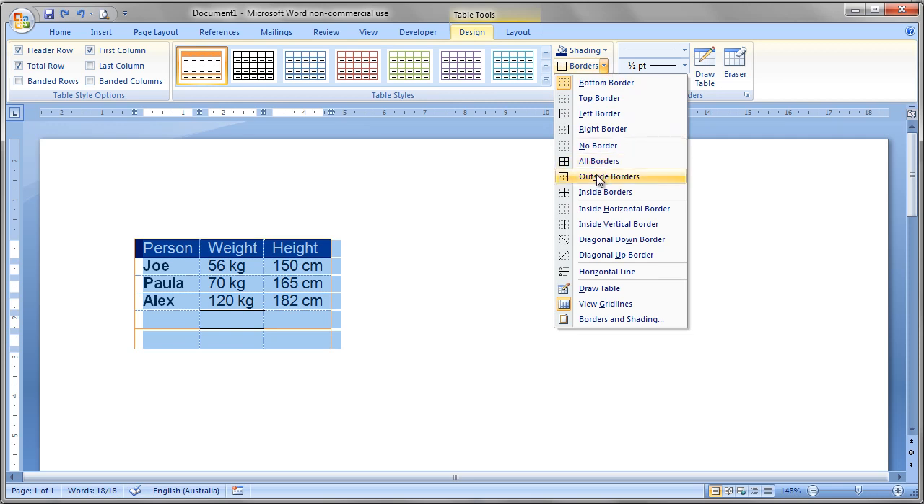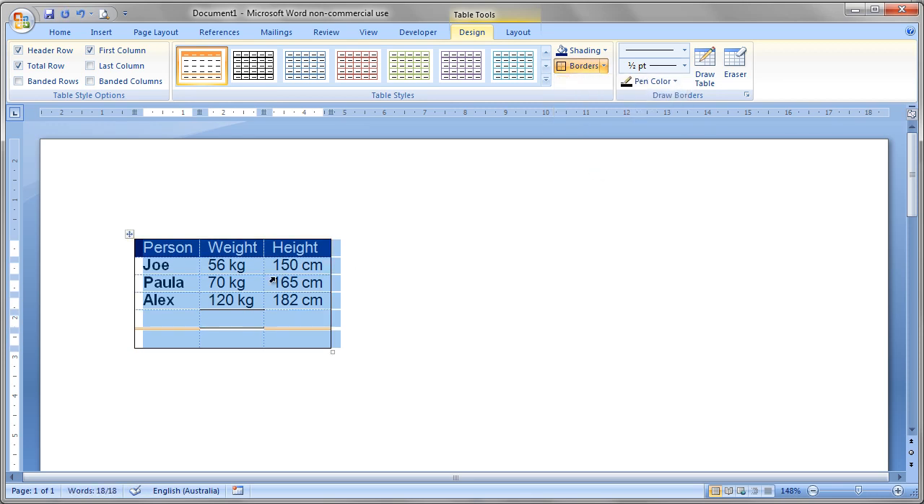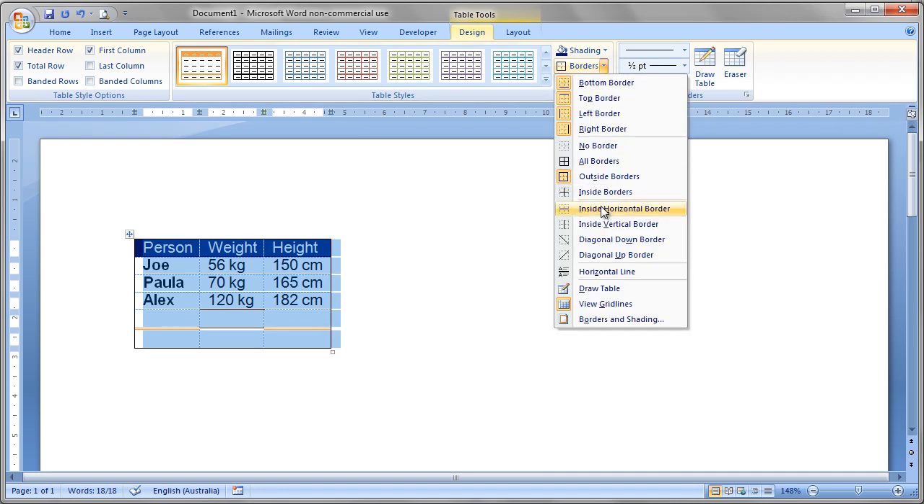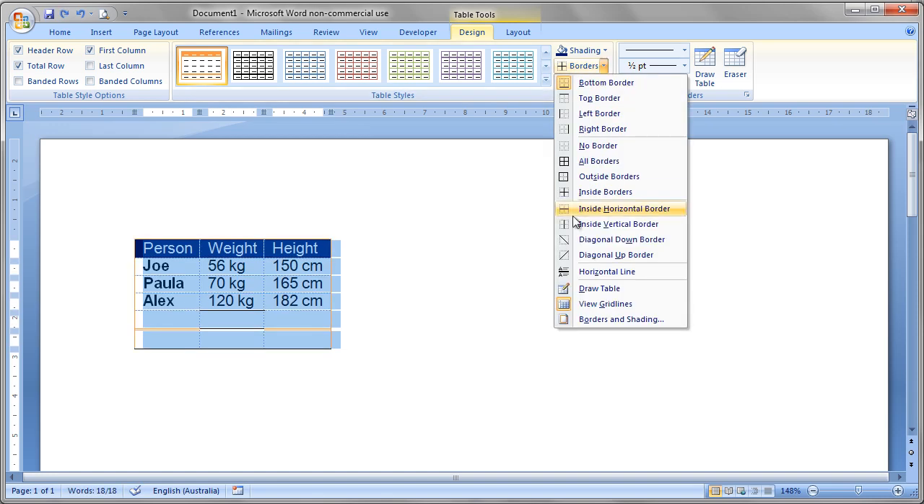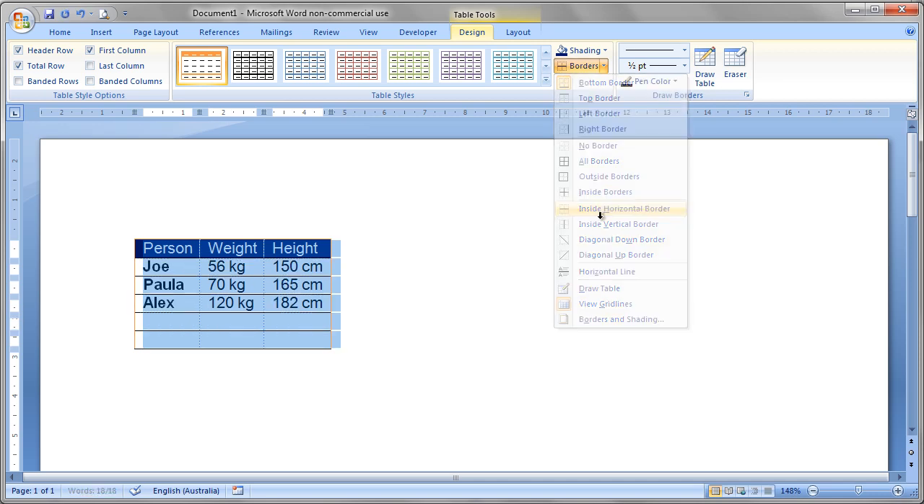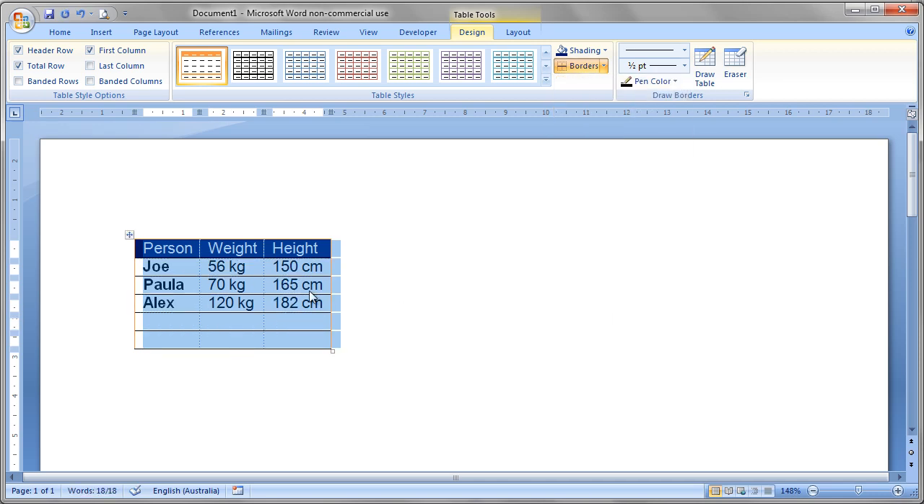You have outside borders, which is just the outside, so just around those edges, but not these interior lines. And then inside borders is obviously the inside lines, but not the outside. You've also got these things called inside horizontal and inside vertical. So when you do bottom border, it just does the very bottom of the table. If you do inside horizontal, it does all of those lines, which is good to remember because sometimes you'll see